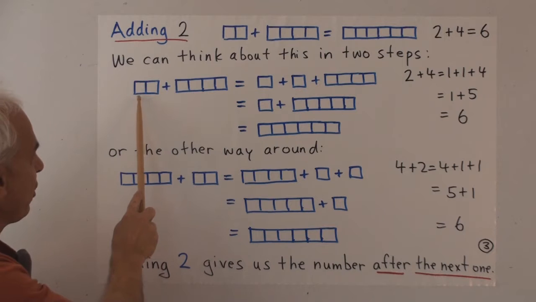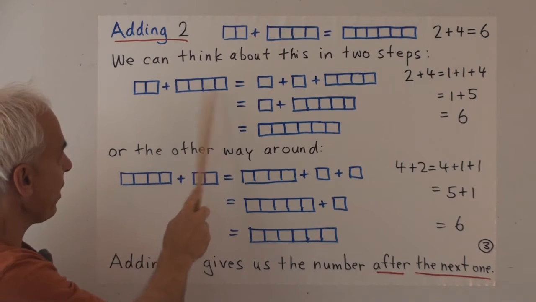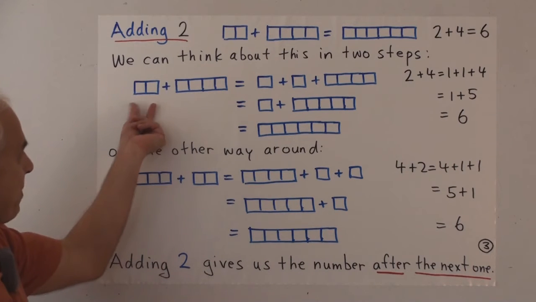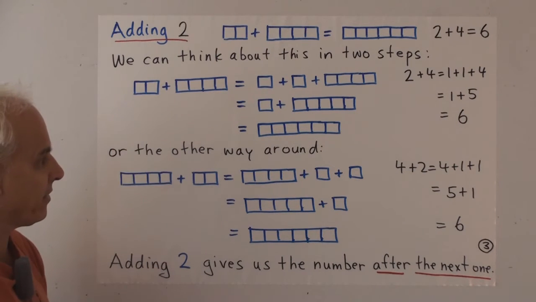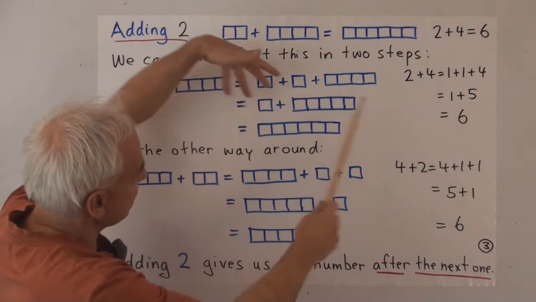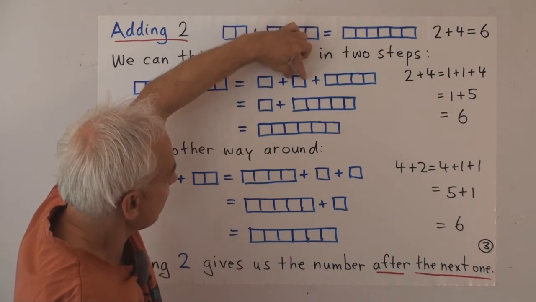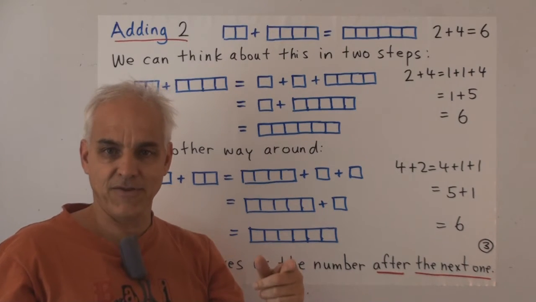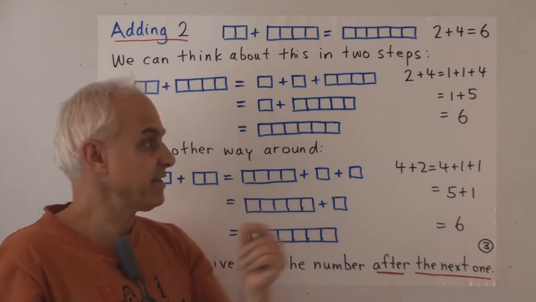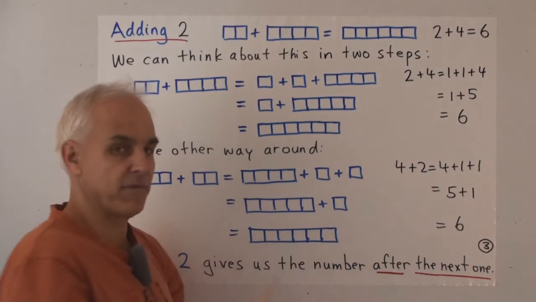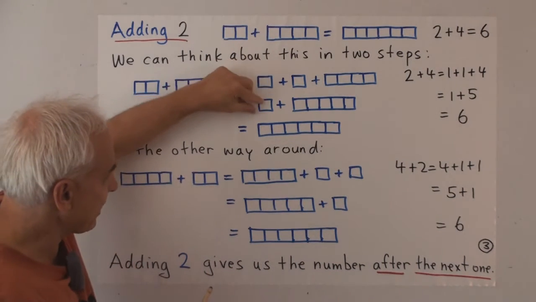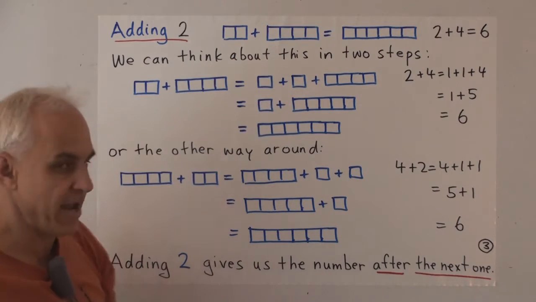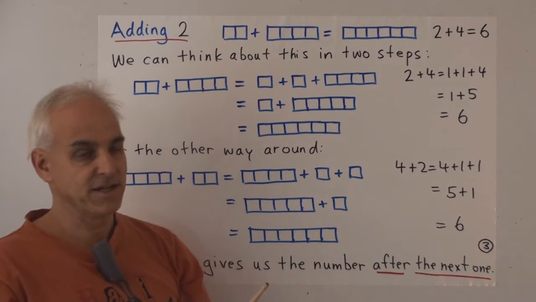We could think, first of all, of rewriting 2 plus 4 as 1 plus 1 plus 4, breaking up the 2 into 1 plus 1. And then we could put these together by first combining this 1 with that 4, which we assume we already know what that is. That's from the previous slide, the next number past 4, namely 5. And then at the next stage, we have to do exactly the same. We have to add 1 to that, so we're getting the next number past 5, which is 6.